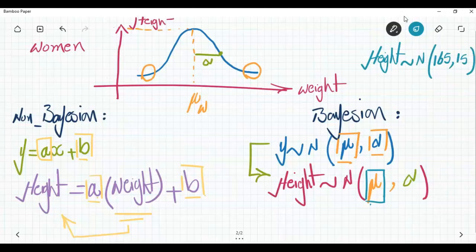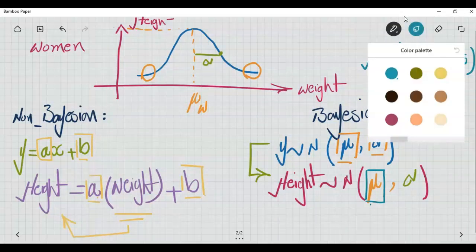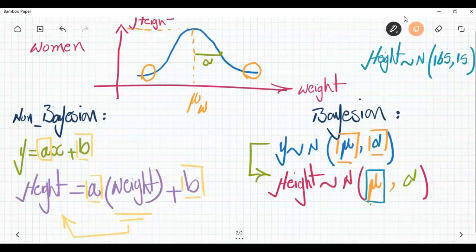Then you can come up with an infinite number of points in our plane that represent the height, which is described by this simple representation, a normal distribution. We can say that the mean height of the people in our data sets is going to be 165 centimeters,